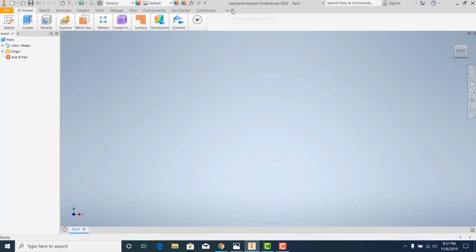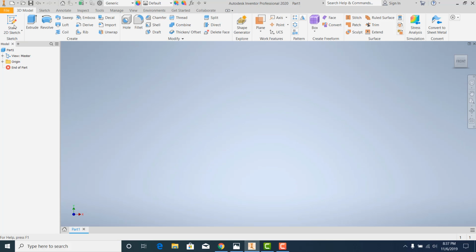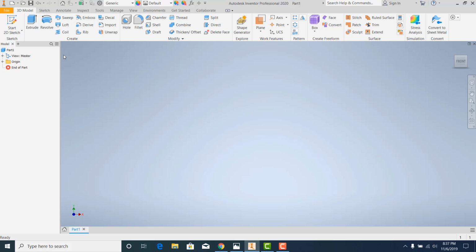I'm going to get this set up to look kind of like what it should look like when you guys get it. You'll see a bunch of tools across the top here, kind of an open gray area. This will be where our part is created. And then over here on the left, this is super important. This is called the browser. As we start to add to our drawing, more and more things will pop up over here, and I'll show you that as well. And the most important thing that we're going to be using here is basically generating a 2D sketch,